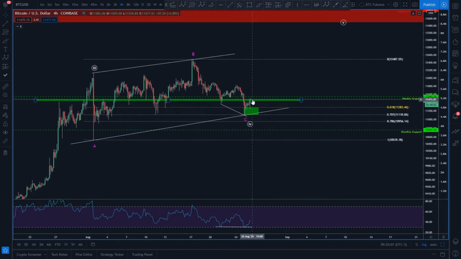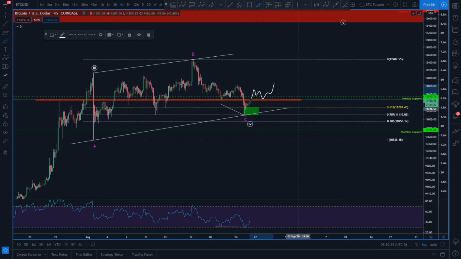we're sitting under this, this is resistance now because we haven't quite flipped it yet. And then we have the weekly support right here that's going to be resistance as well. So what I want to see us do is get some follow through here and get up out of here and then retest this and hold, so that we can get an entry here. If we do break above here, I would be looking for an entry right here, somewhere in this zone,